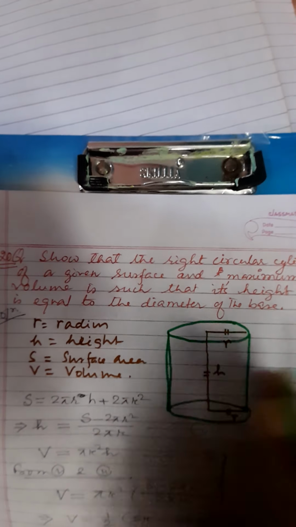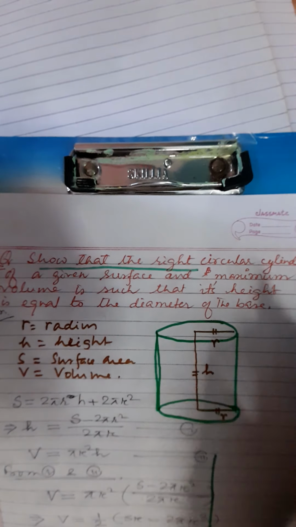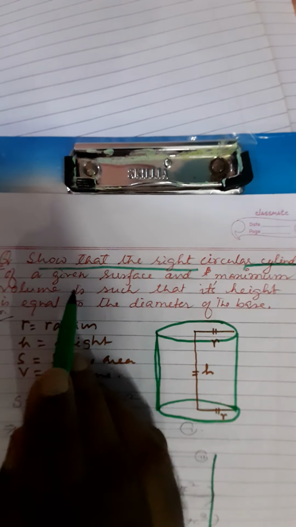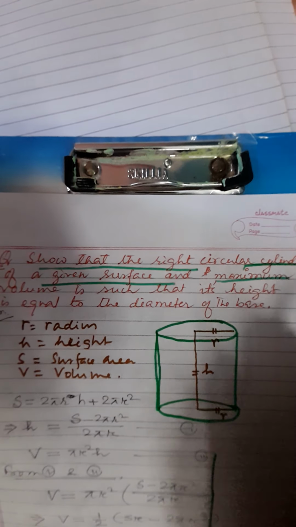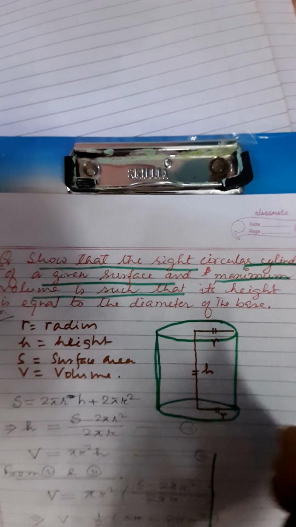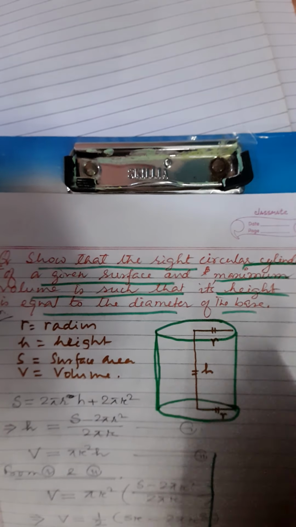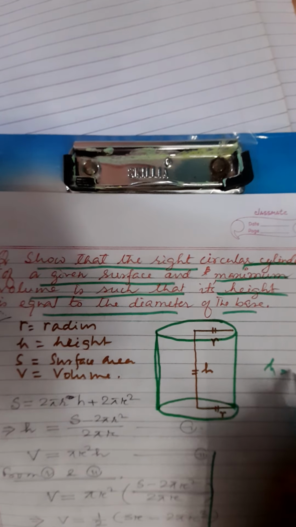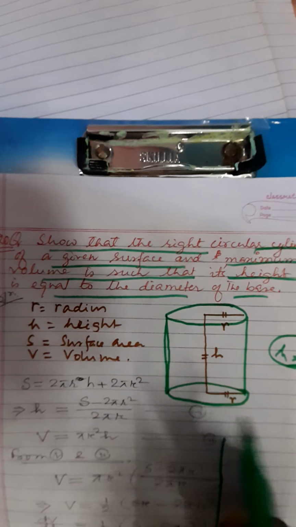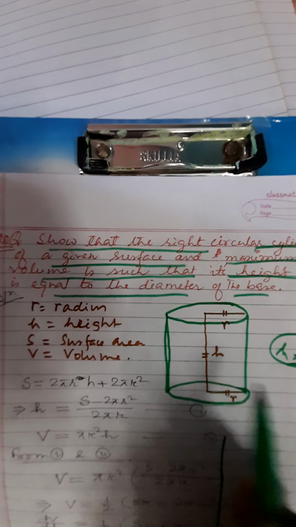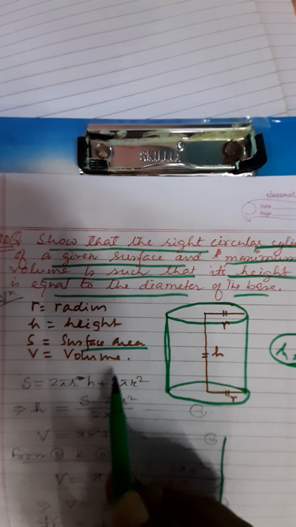Question number 20: show that the right circular cylinder of a given surface and maximum volume is such that its height is equal to the diameter of the base. That is, we have to show that H is equal to D, the diameter. Okay, so this is a cylinder where the radius is R, the height is H, S is the surface of the cylinder,